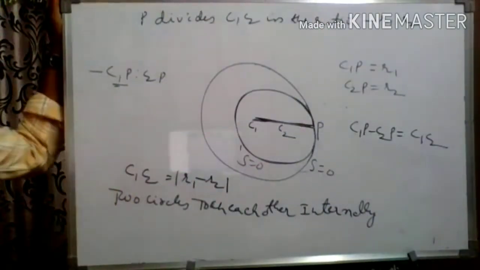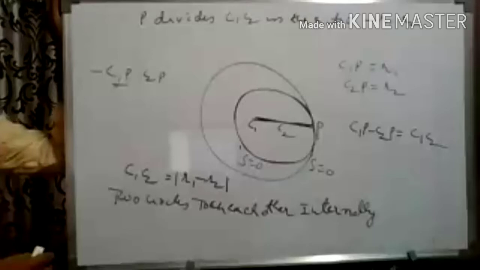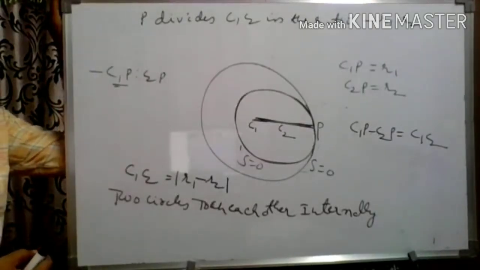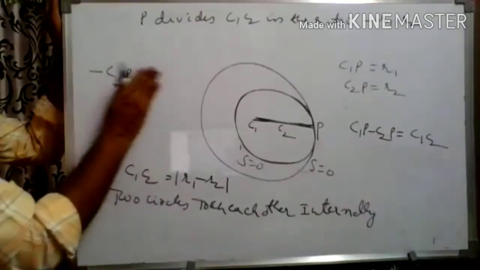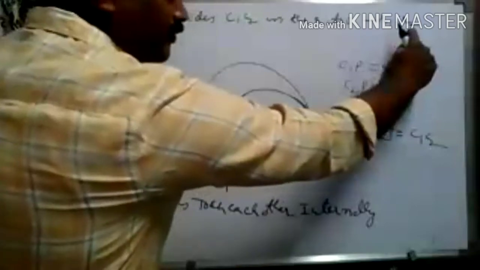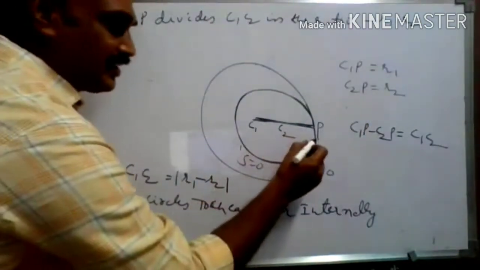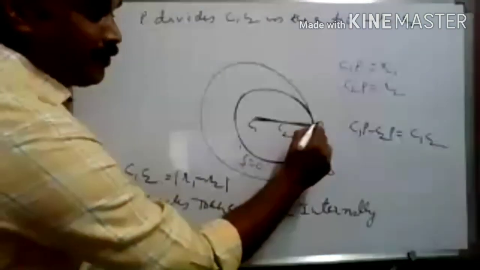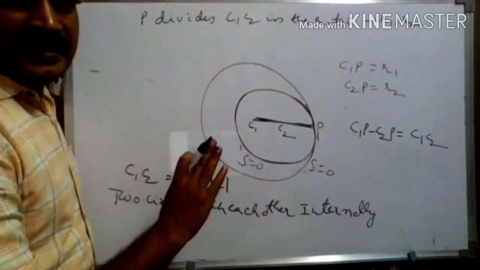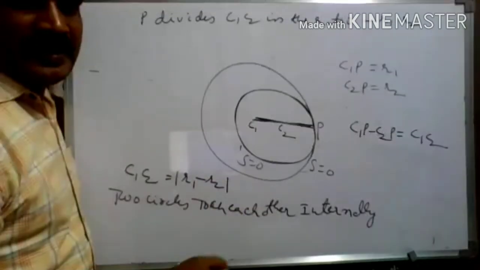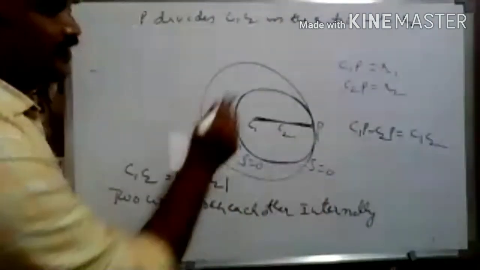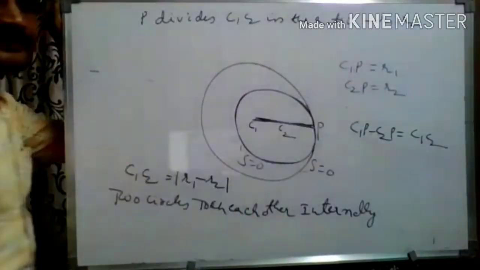So here the external formula applies, students. The external formula is (mx2 minus nx1) by (m minus n), comma, (my2 minus ny1) by (m minus n). Students, circles touch each other internally, but the point of contact divides externally. In the previous model, circles touch each other externally, and the point of contact divides internally.